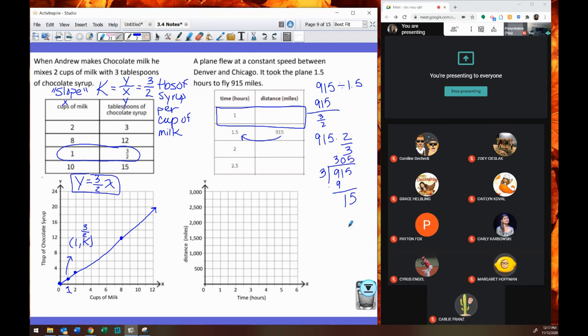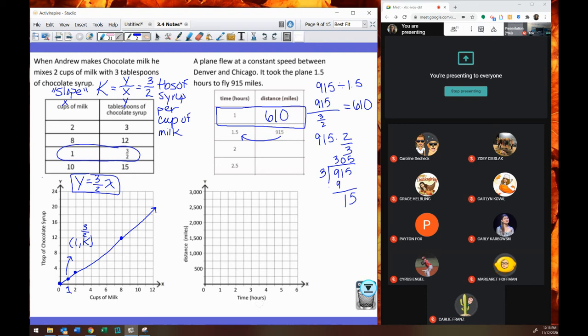So 915 divided by 3 is 305. I still have to multiply by 2, so it's 305 times 2. 610. So do you have to do it that way? No. I'm doing that because there weren't too many calculators passed out. But we get 610. 915 miles divided by 1.5 hours tells us that in 1 hour, we can travel 610